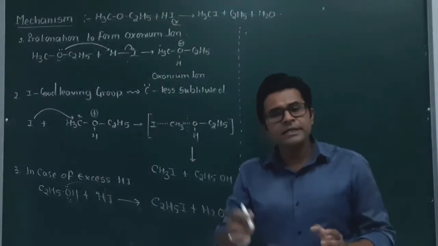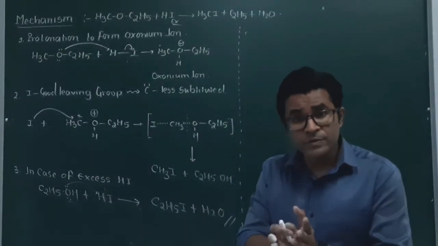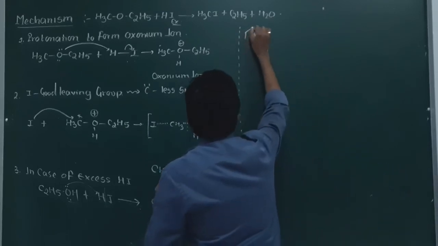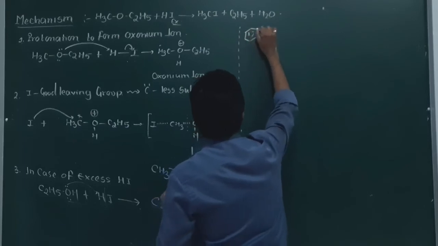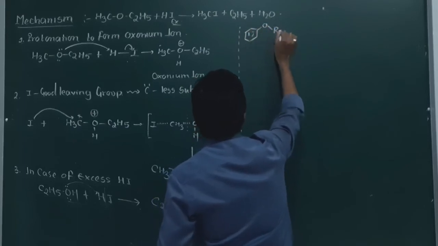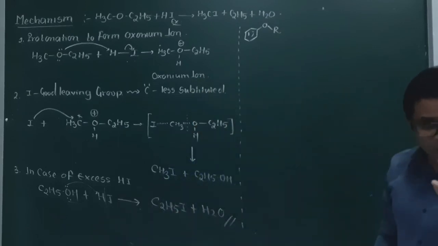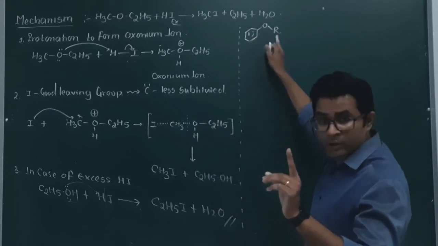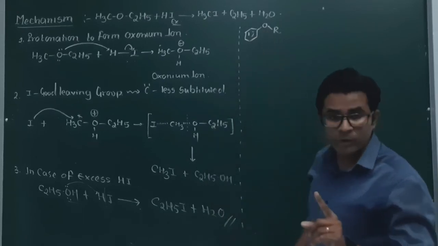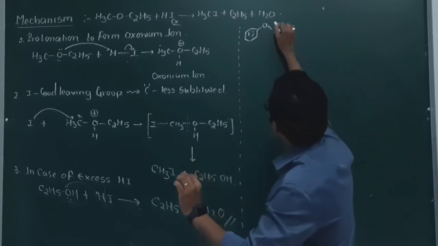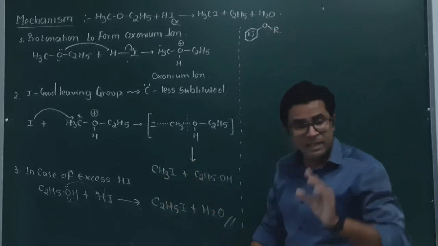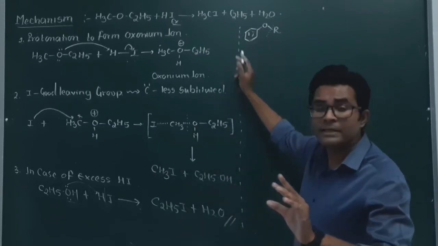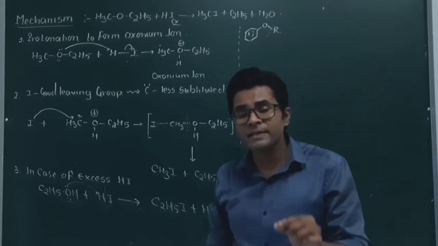So, in the next case, if we observe the cleavage in the ethers containing the aromatic group, that is, in the systems, something like this, oxygen and alkyl over here, right? So, we have two bonds to take care of. One is the oxygen alkyl bond, another is the oxygen aromatic bond. Usually, the oxygen alkyl bond is broken. This particular bond is going to be broken because the oxygen and this particular aromatic bond is much more stable.